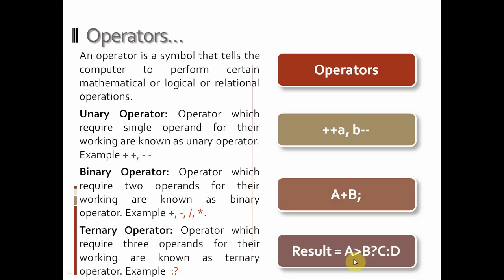The first operand is the condition. First this condition evaluates. If the condition returns true, this part will execute, else this part will execute. Means if the condition is true, we will come here. If the condition is false, we will come here. So here are basically three operands: 1, 2, and this entire part is also an operand. That's why it is known as a ternary operator, and because it is testing a condition and taking some decision on the basis of the condition, it is also known as the conditional operator.